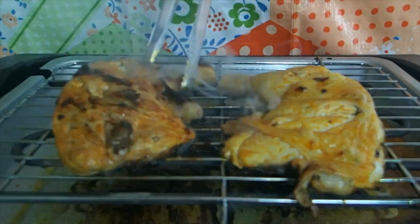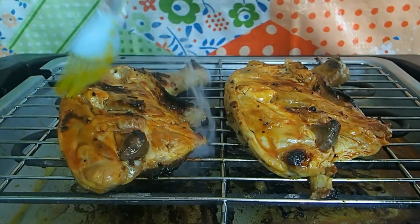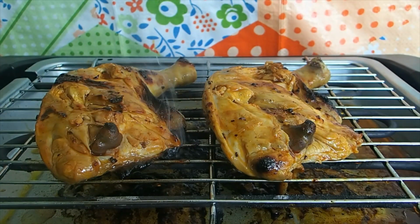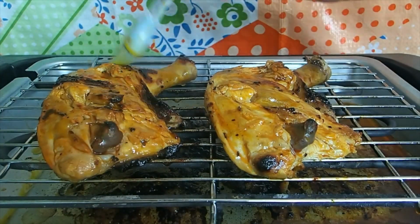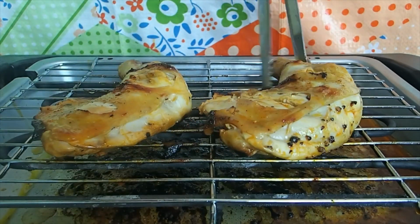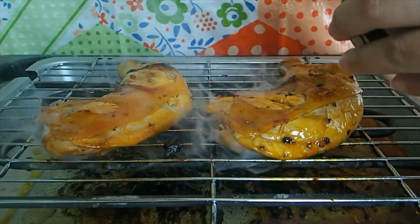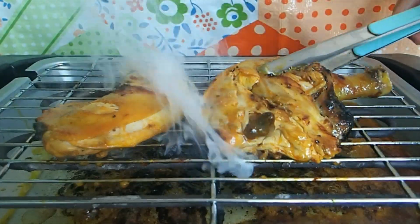And here you can see that the tray below the heating coil is actually collecting the chicken oil drippings. And in my case, I didn't save it for this video, but you can actually save these drippings to make the actual chicken oil. So if you're not too conscious about your cholesterol intake, you can actually use these drippings for your rice. But for this recipe, we are just using the atchuete oil